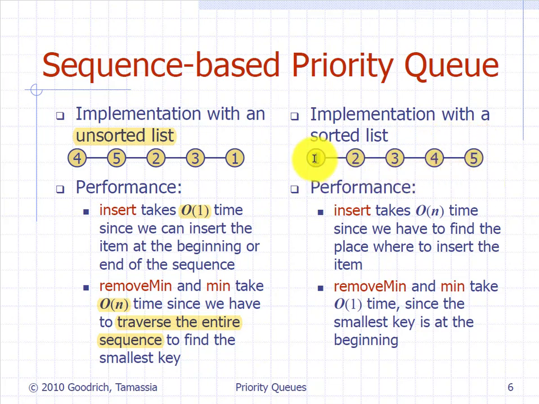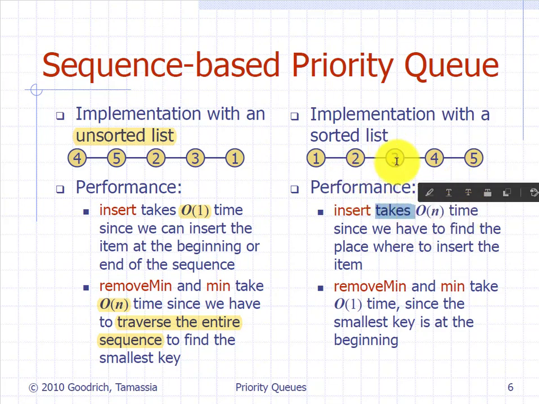Remember that each of these keys has an associated object, but we've just left it out to simplify what we're doing. And the performance here, let's look at insert. Now, before in the unsorted list, we could insert either at the front or the back. It didn't matter. But now it does matter. We have to insert a new entry with the associated key